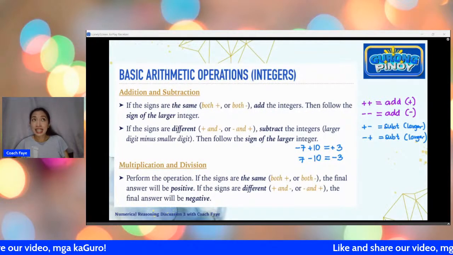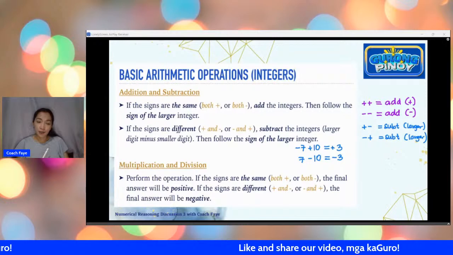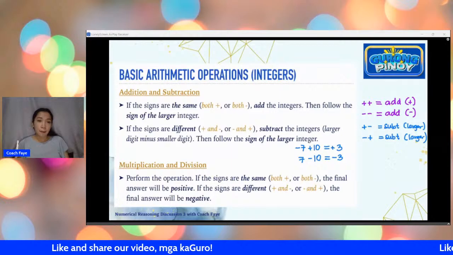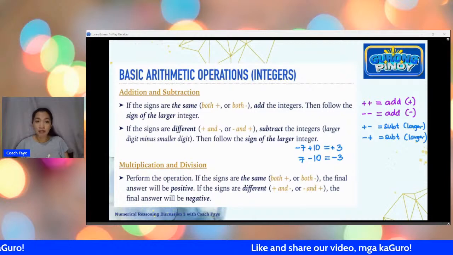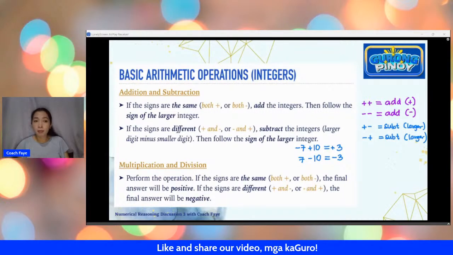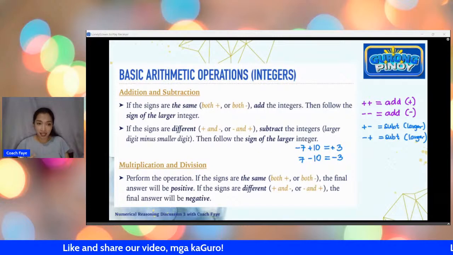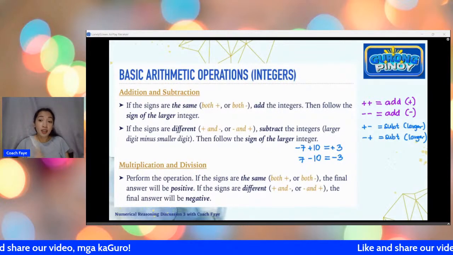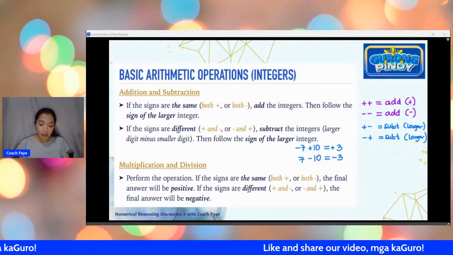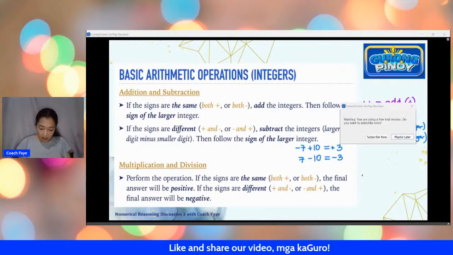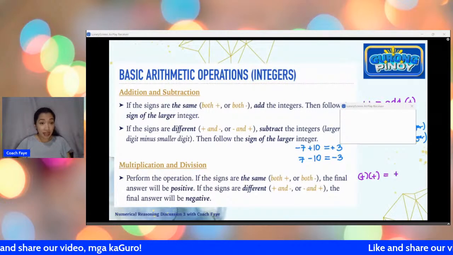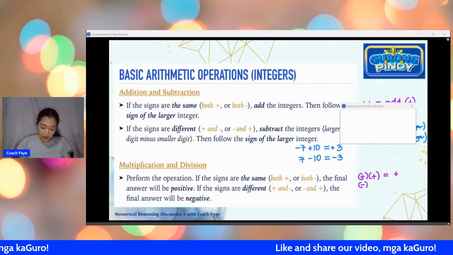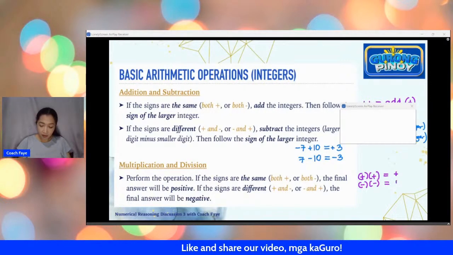So, medyo tricky lang naman yung sa addition and subtraction. Silang dalawa lang naman yung minsan nagkaka-confuse tayo kung ano yung dapat gawin. But, here in multiplication and division, wala pong problema because whatever you do, you have to perform the operation. Kung multiply, multiply. Kung divide, divide. That's it. You don't have to remember kung ano yung operation. Yung i-remember lang po natin is yung sign. So, yung sign po dito ay, pag nagkakapareho, so plus and plus, then positive din po yung answer. Pag nagkakaparehong negative and negative, then positive din po yung answer.